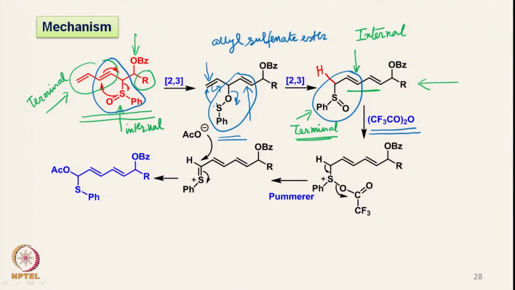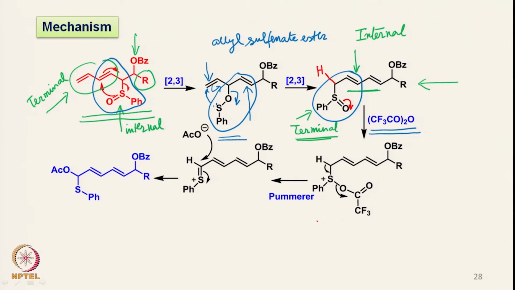I have repeatedly mentioned that unless there is at least one hydrogen atom adjacent to the sulfoxide, the Pummerer reaction would not take place, because once this sulfoxide is activated by an electrophile like trifluoroacetic anhydride, then you would